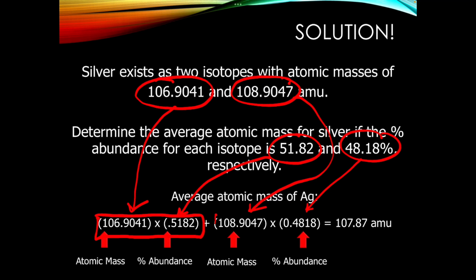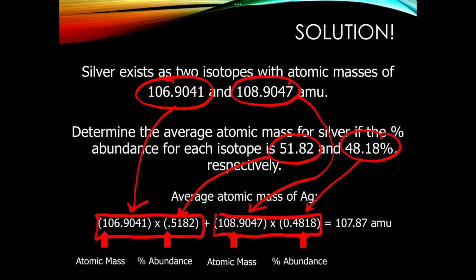Mass times percent. And then punch this in your calculator. Mass times percent. And then write each of those numbers down and then add them together at the end. Okay, I would not try and put this whole thing in your calculator all at once. You totally can. It's going to require you to use lots of parentheses, but I have just found that sometimes